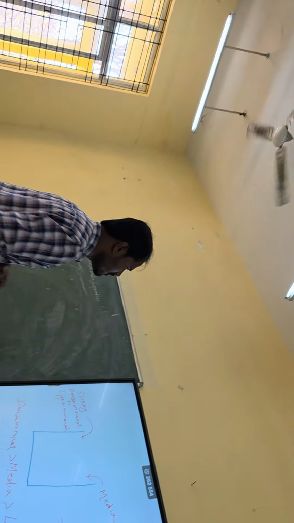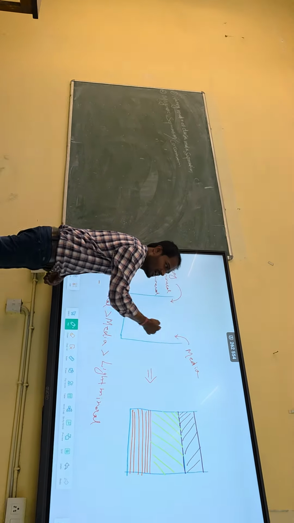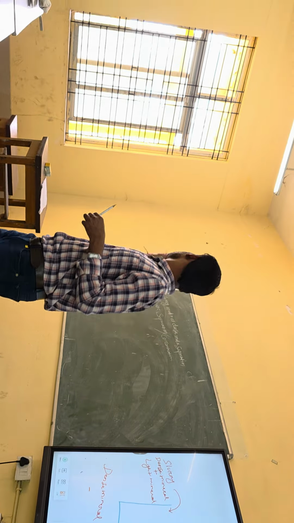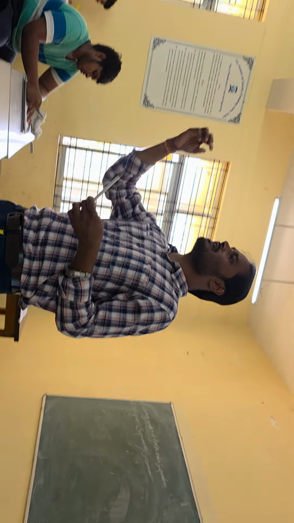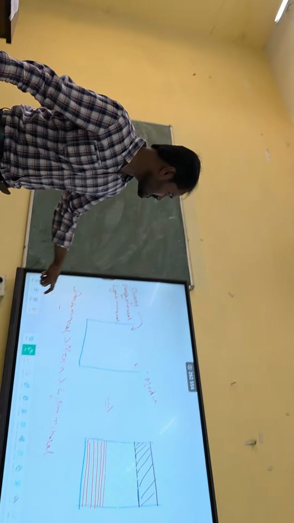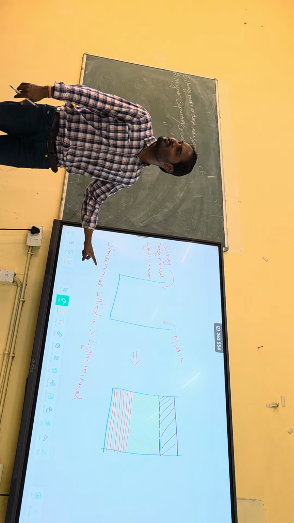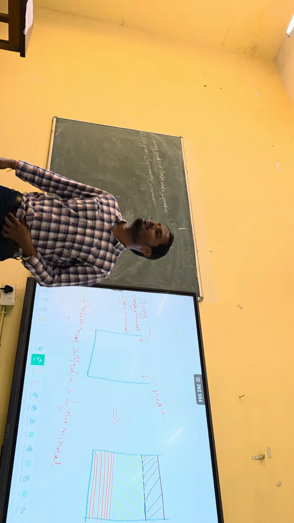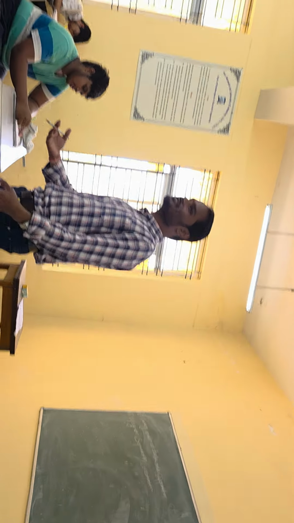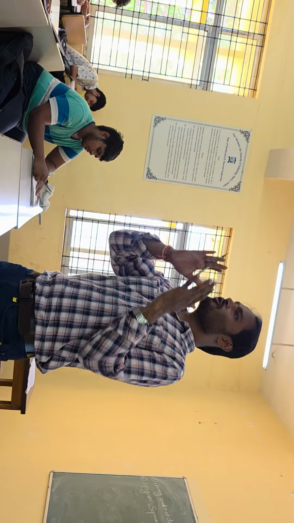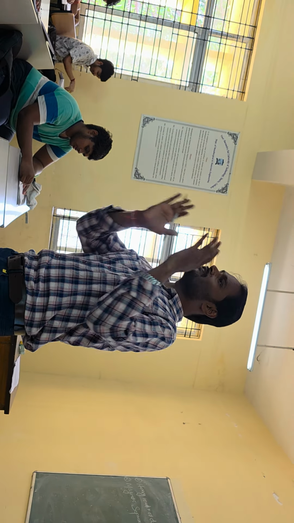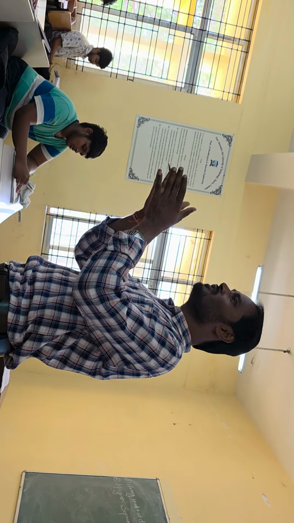So what we are doing? We are just adding a media. That's why the name is heavy media separation. And this is a very interesting condition to see: the density of the media is in between the density of the dense mineral and the light mineral. You understood? Very interesting, right? So that means we have three different things: the dense mineral, the light mineral, and the media. All have different densities.